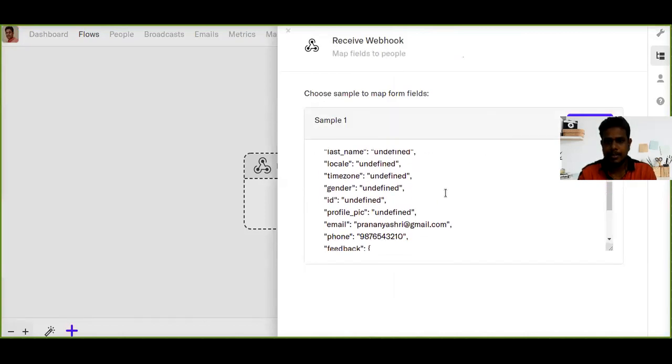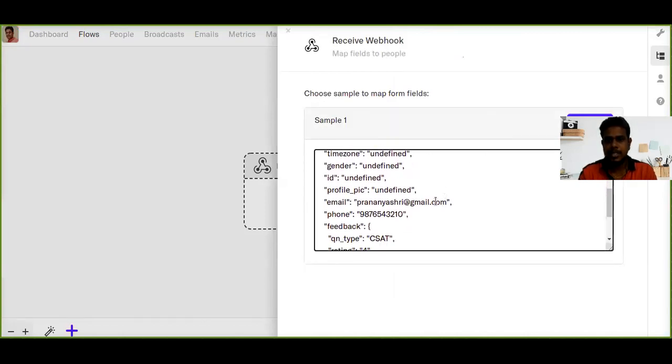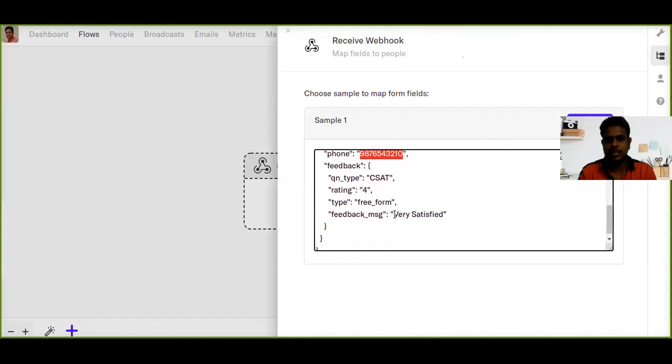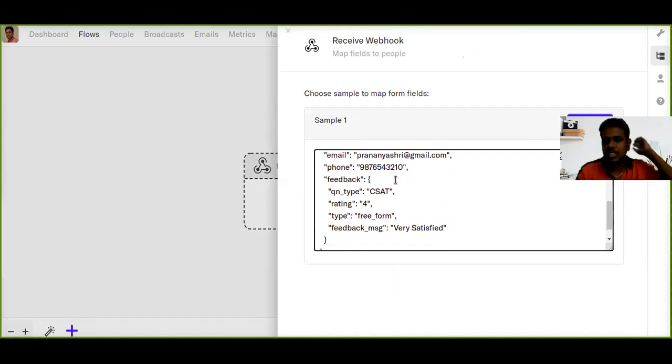Okay. See, this is the email, this is the phone number, this is the feedback form, this is the rating, and this indicates the customer satisfaction question. Okay, so this is how you can capture the information.